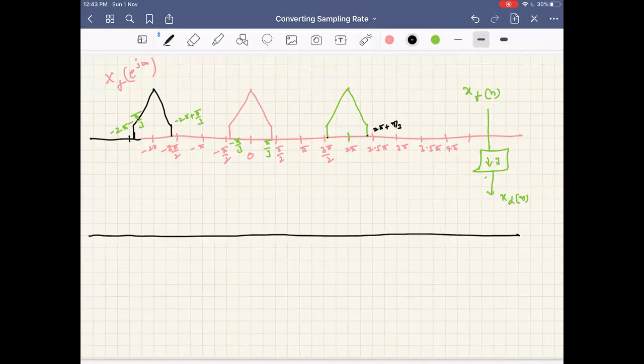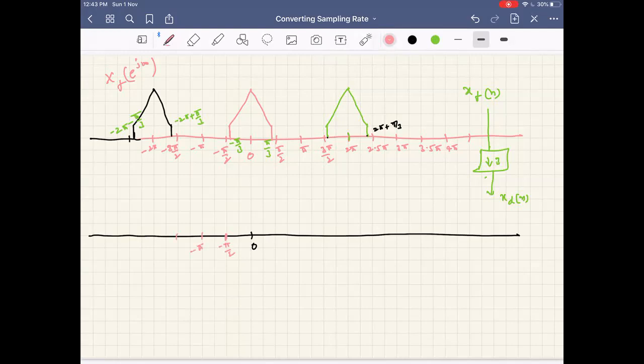Right? So see what will happen to the base spectrum. Let's sketch with the same colors. It gets stretched by 3 times, and hence it goes from minus pi by 3 to pi by 3. So it is minus pi to pi. We need to keep minus pi by 2 and minus pi, and hence